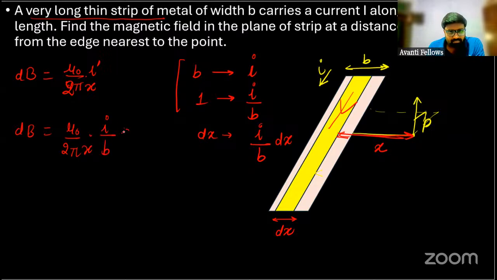into dx. Okay. देखो mu naught, 2 pi, I और B, everything is constant here. Only x is variable. x is the distance of strip which will be changing by changing the strip edge. ठीक है. So if you integrate it to calculate the total width, it will be integration mu naught I upon 2 pi B into integration of 1 upon x dx. 1 upon x dx का integration, who will tell me what is the integration of